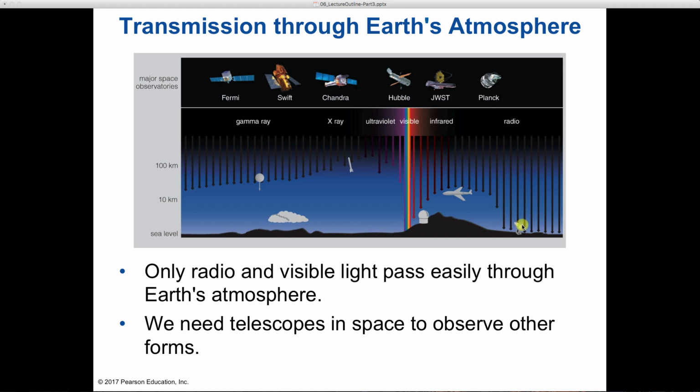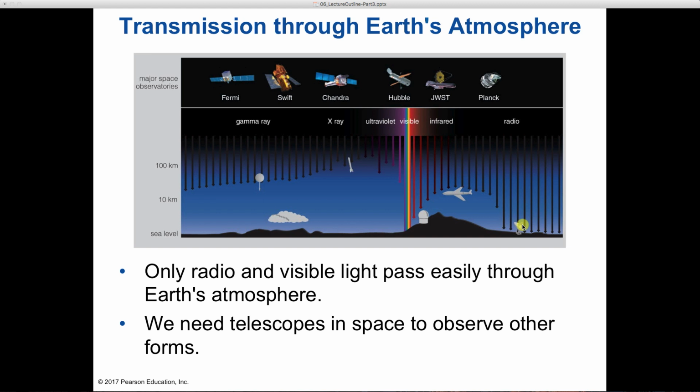So these radio telescopes can be very large, and so right now at least, it's pretty impractical to put them in space. Someday we might put one on the moon, maybe, stationed on the moon. There's very little atmosphere on the moon, so that might be a good thing to do at some point, but that's going to be expensive. So there may not be a huge advantage to doing that just yet.